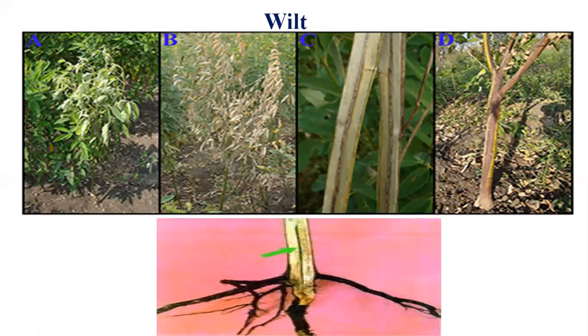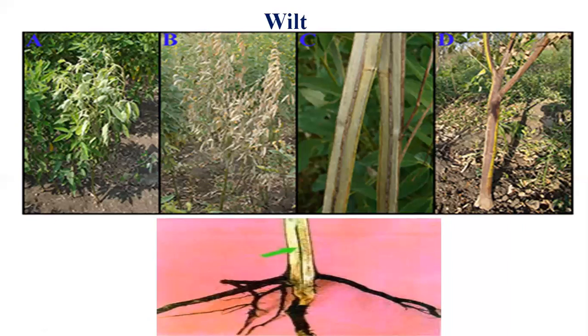This is the sentence which is important in pathology: brownish discoloration of vascular tissue resembles Fusarium wilt, that is known to be the fungal wilt in case of the plant. So this is related with the pigeon pea. External symptom you can see here, the destruction of the plant, complete drying of the plant. So it causes the wilting, or means a death of the plant. So this is a very important disease in your syllabus and maybe mostly asked in the examination.